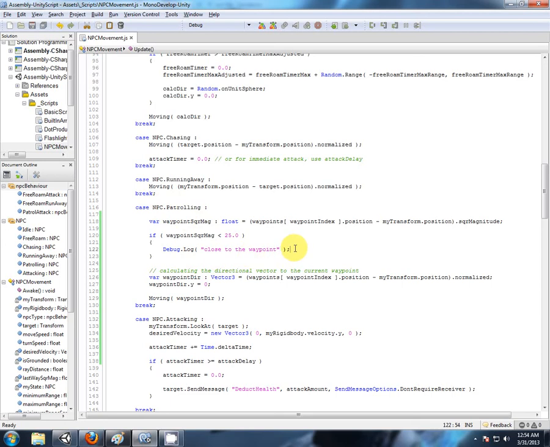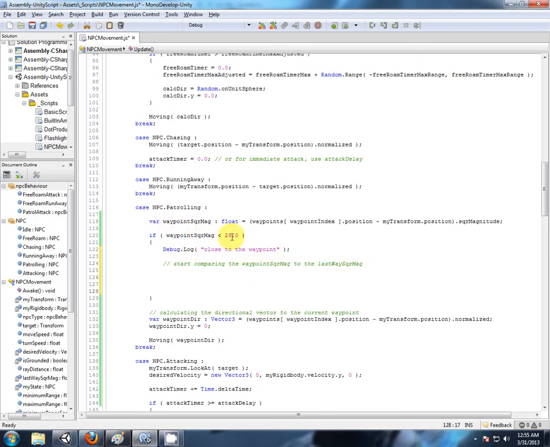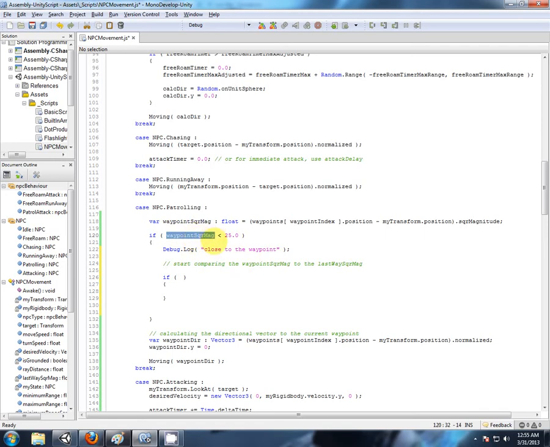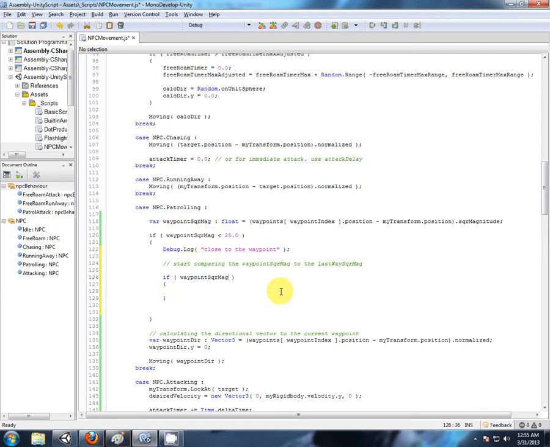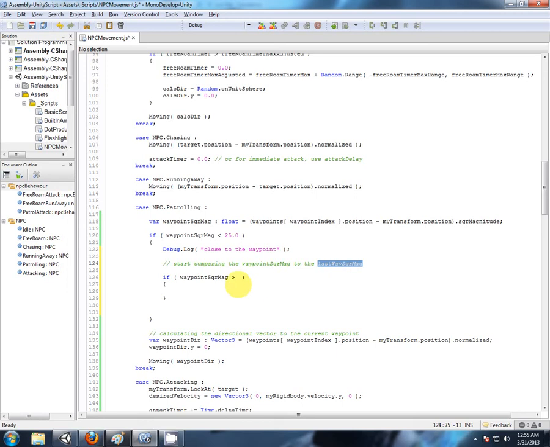So we're patrolling, we're close to the waypoint. And what are we going to do here? We're going to start comparing the waypoint square magnitude to the last waypoint square magnitude. So if we're getting close, let's start comparing. If that waypoint square magnitude, well, like I said in the diagram, we want to know when that starts increasing again. So if that waypoint square magnitude is greater than our last square magnitude,